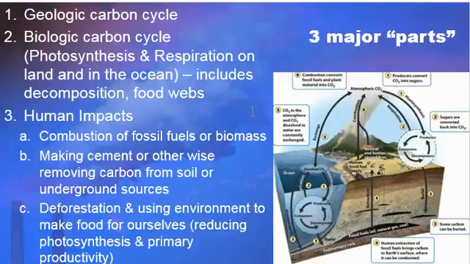First of all, we've reduced the amount of photosynthesis that's happening, because now you don't have those trees there anymore to photosynthesize. So you're removing less CO2 from the atmosphere than you were for that reason. So of course the primary productivity is going to go down because you have less photosynthesis.